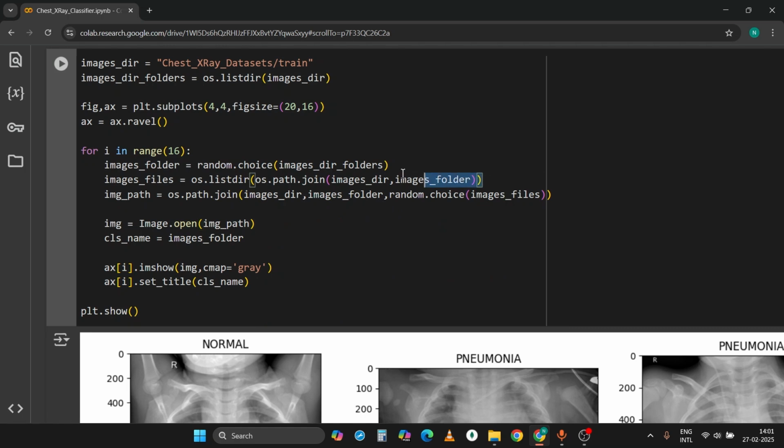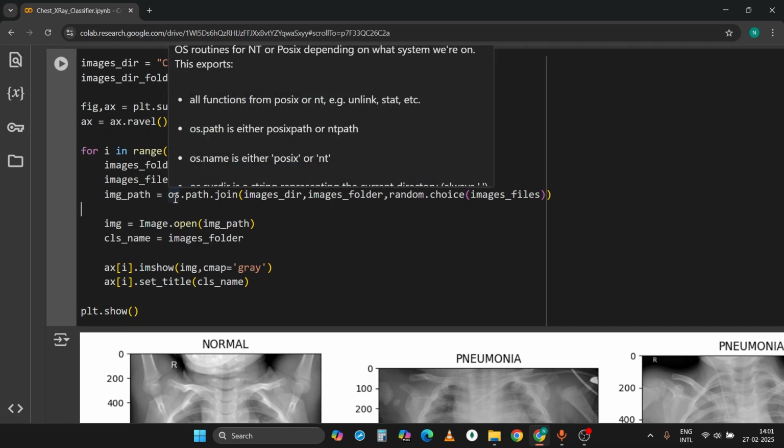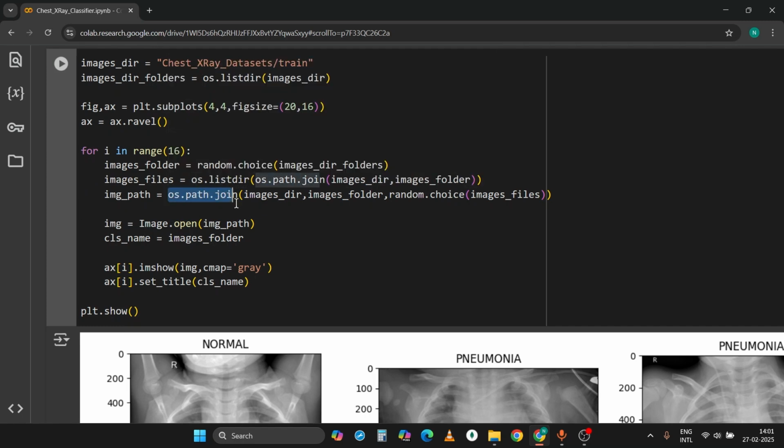After that we will list all the images present in that particular folder, and then we will generate the image path. See, image directory, basically this one. Let me separate it so that you do not get confused. See, here first is the image directory, meaning the train directory. Inside the train directory, whichever folder is selected randomly, we have to give that folder name, and after that